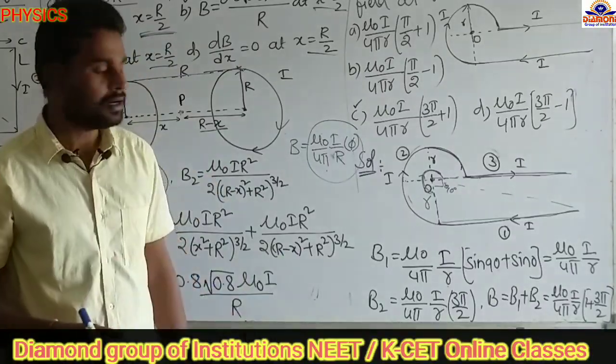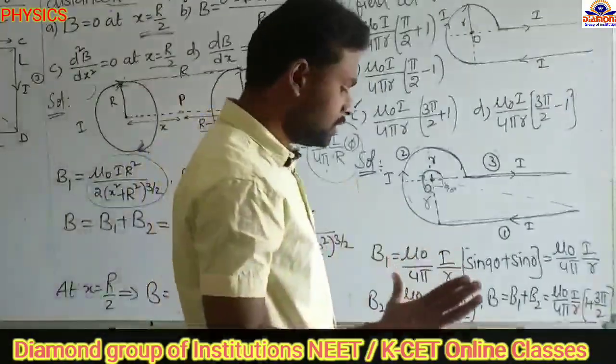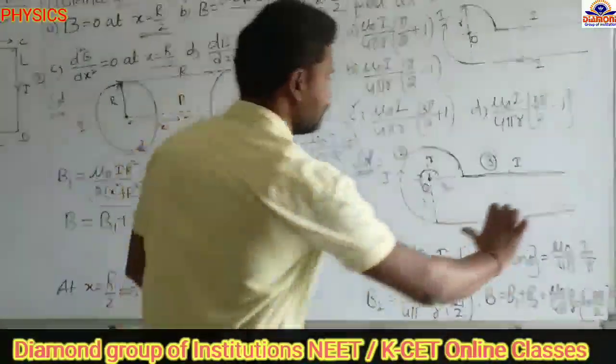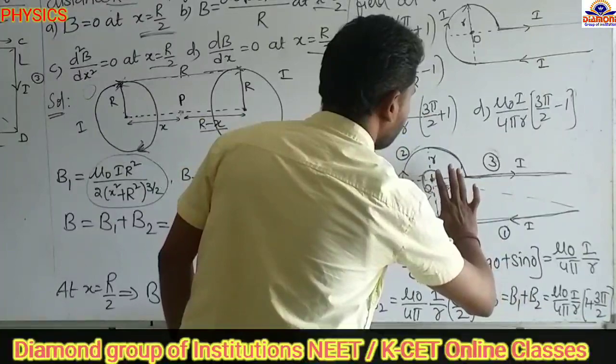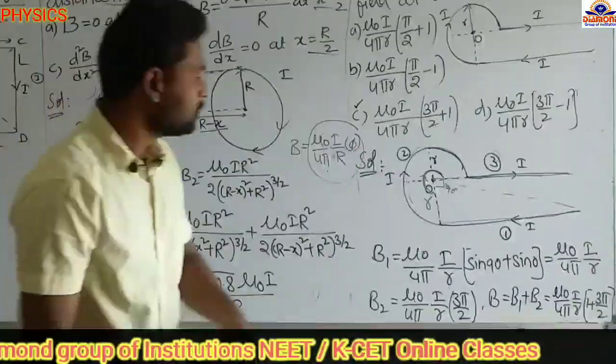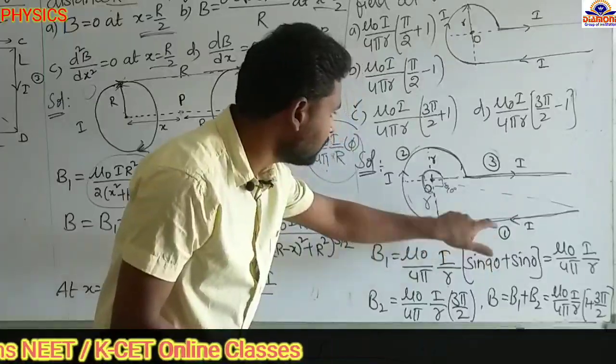That means we have to find the direction. So already you know the right hand rule. According to the right hand, keep the thumb in the direction of the current, and stretch the fingers where we have to find the magnetic field. So inside. The magnetic field is inside here. So the magnetic field due to this semi-infinite wire is inside.